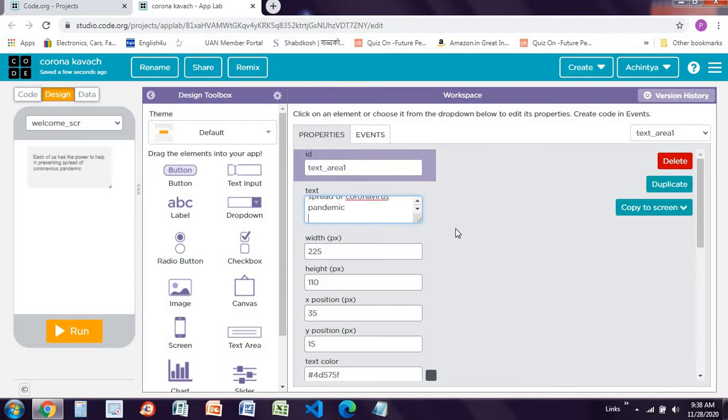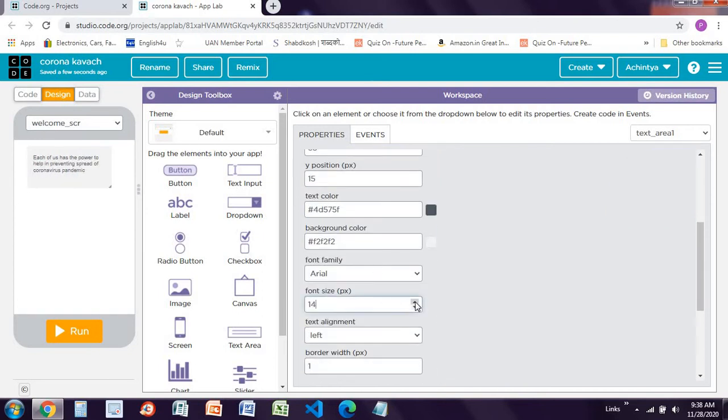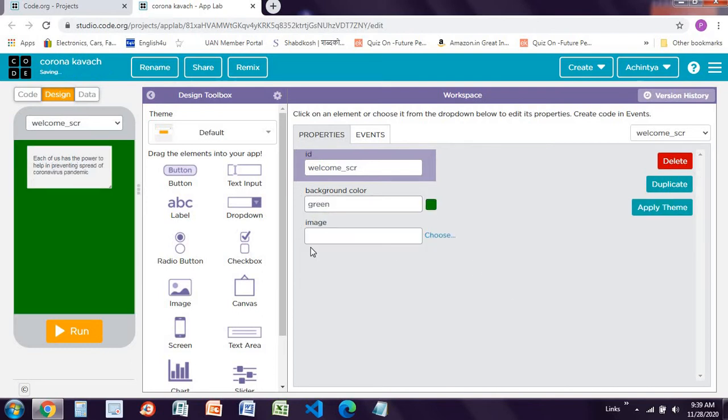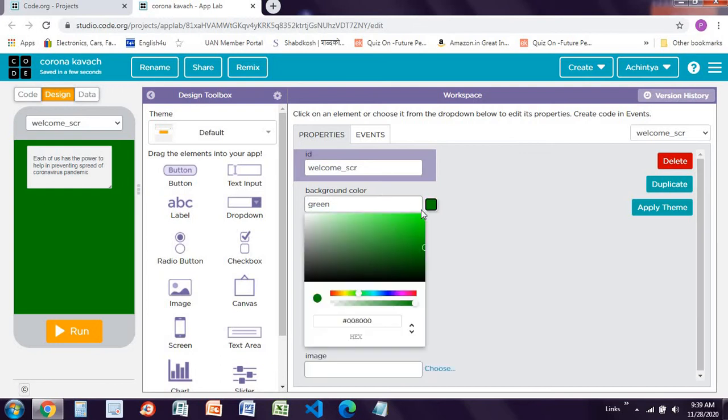So I've copied it, I've just pasted over here and increase the font size like this much and make this background color, if you want, make it as green like this. So we have to use a lighter shade, like this one is fine.